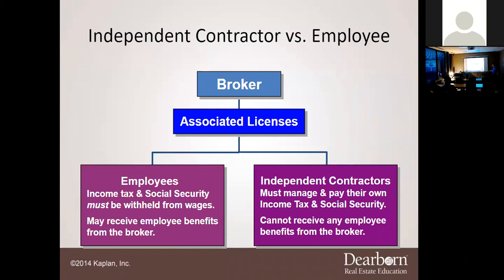Well, what does this last thing say here? Cannot receive any company benefits. Meaning that I cannot simply give a benefit to the people. I can't say, you know what, Travis, you're doing such a great job, here's a cell phone from the company because you're doing so many sales, I want to pay for your cell phone. Well, guess what? Because I did that, I changed you from this to what? To an employee. And now I have to go back and pay him so many hours of salary and taxes and all of that. I can't do it. So you have to be very careful in these situations.